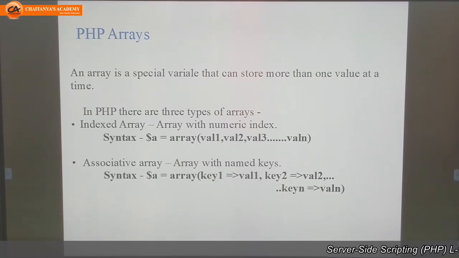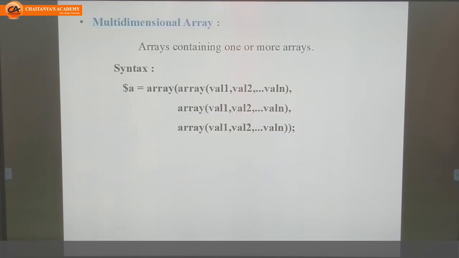In PHP, arrays are of three types. First, indexed array, second, associative array, and third, multi-dimensional array.